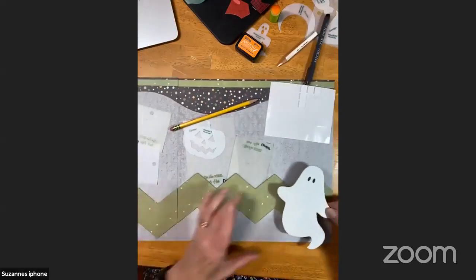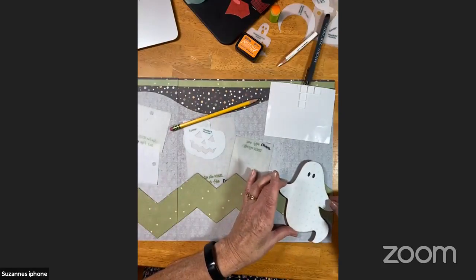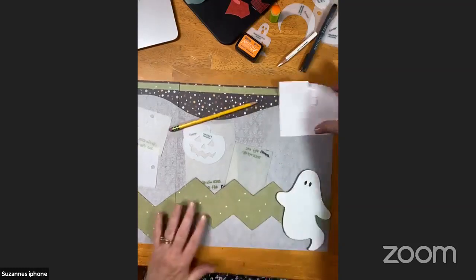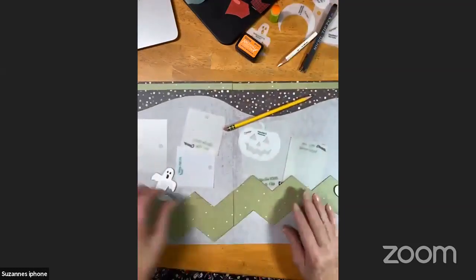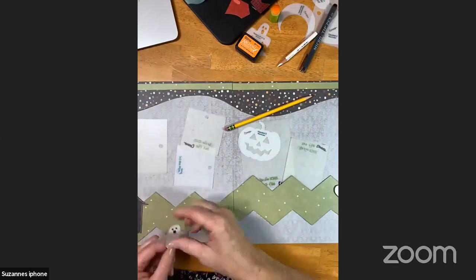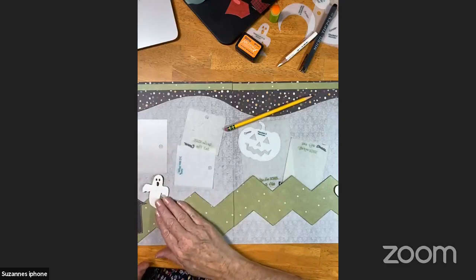So, Ghost, tuck him into the corner. I'm gonna tuck him as far as I can. I want him over there. Okay. This little guy, isn't he cute? All right, we're gonna set that there